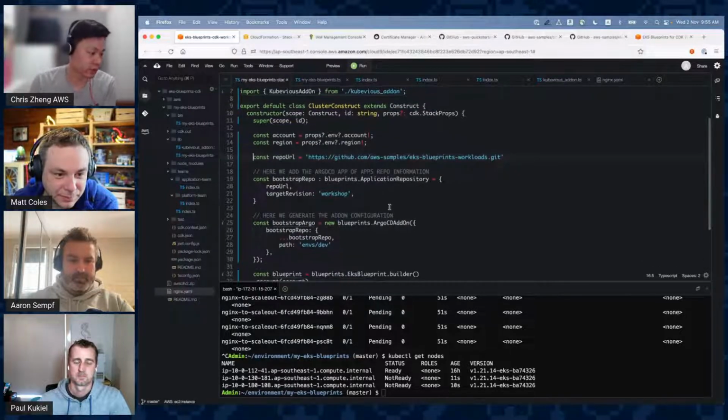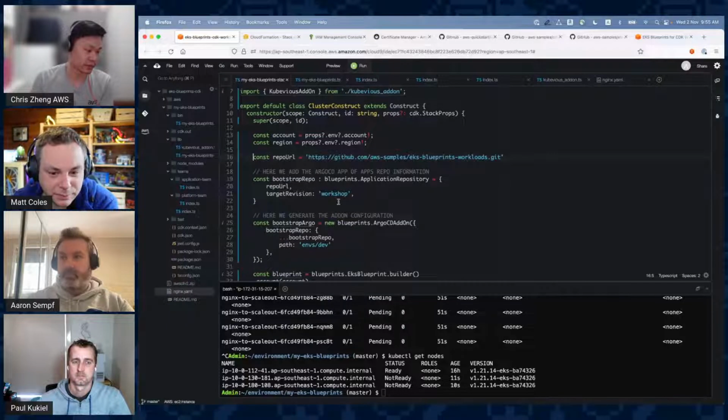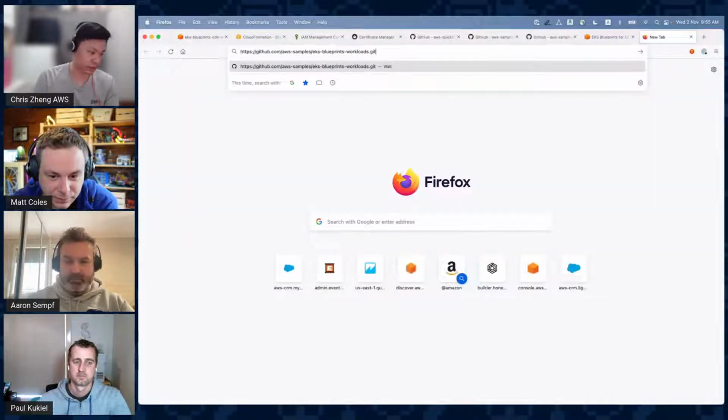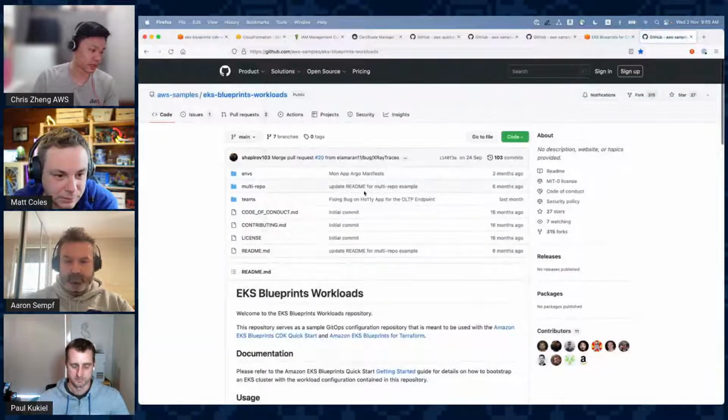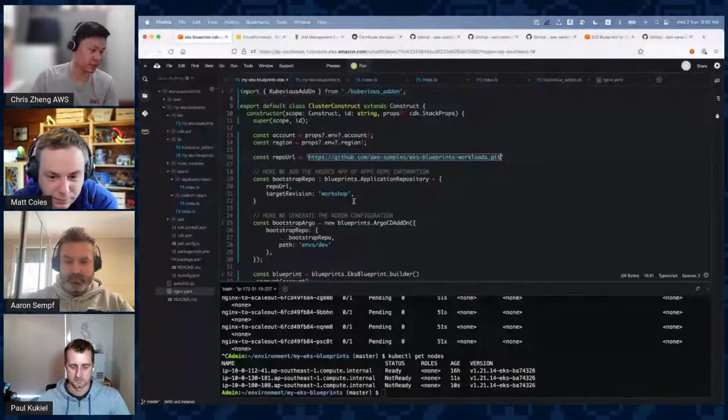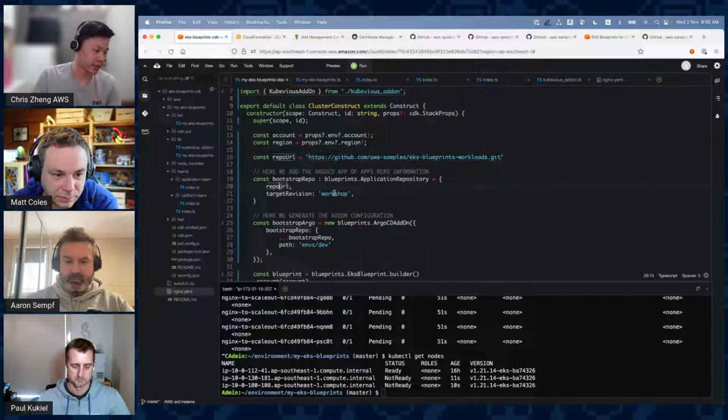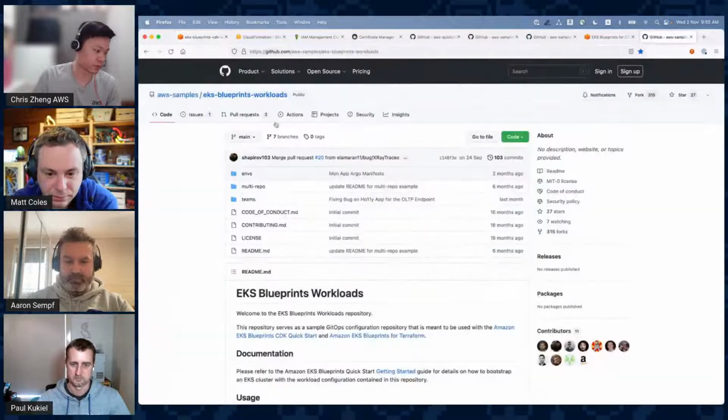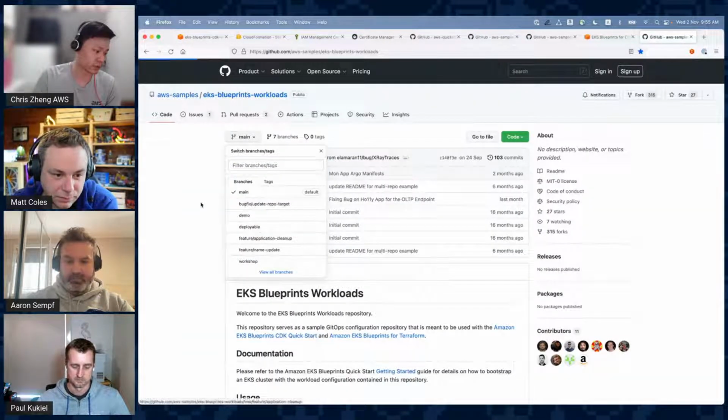I want to quickly run through this. For Argo CD, you need to bootstrap the Argo CD add-on. So that's the repo. Let me show you the GitHub repo. In the code, we specify the URL for the bootstrapping, and also the revision is workshop. So if you go to workshop,